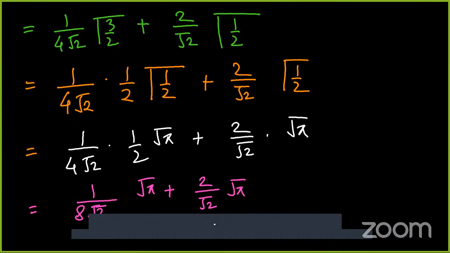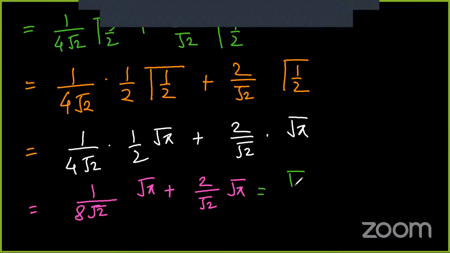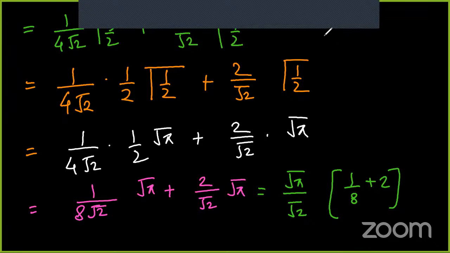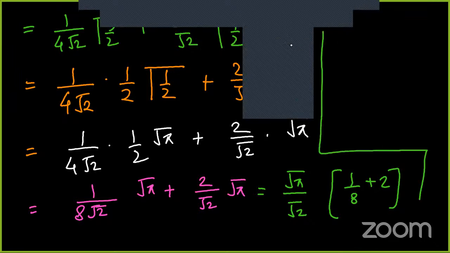Okay. So if I take some common, root pi and divide by root 2, ये common लिया तो बाकी क्या है? 1 by 8 plus 2. इतना ही common है. So अगर मैंने properly solve किया, base same किया and solve किया,